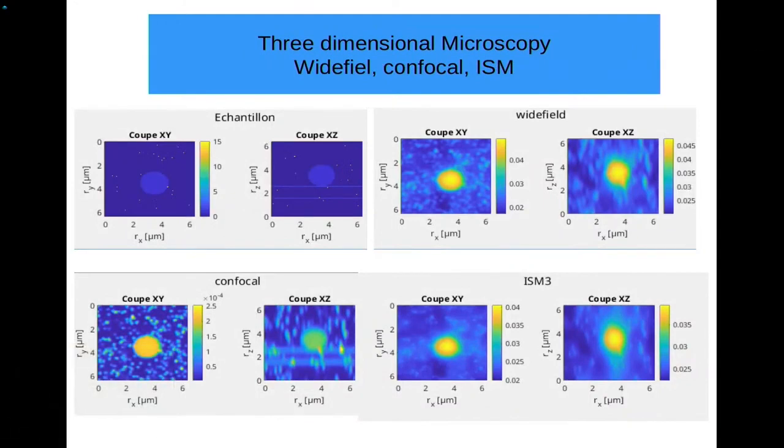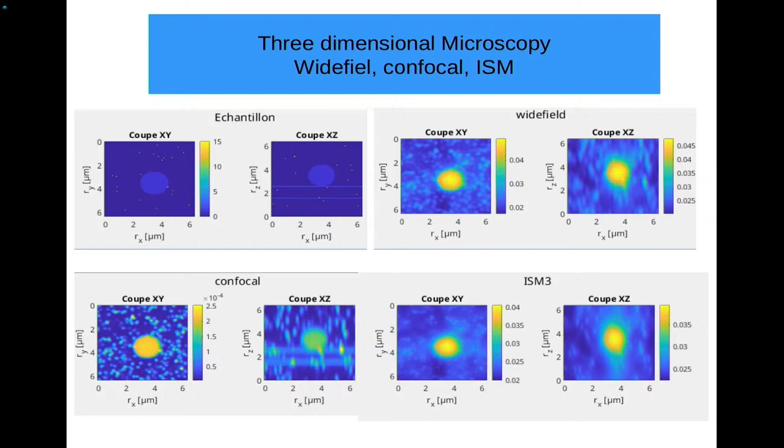So let's have just an idea of what you can get. This is all theory. It's a little MATLAB code that I've just done. So let's say that you have a three-dimensional object, which is made of a big bead, a small scattered fluorophore here, and two planar fluorescent planes, like a Stabilo Boss on a cover slip. So it's a planar fluorescence here. If you look at the wide field, this is an en face image, and this is the XZ cut. Well, you can see the scattered fluorophore, so you cut over there, just in the middle of the big bead.